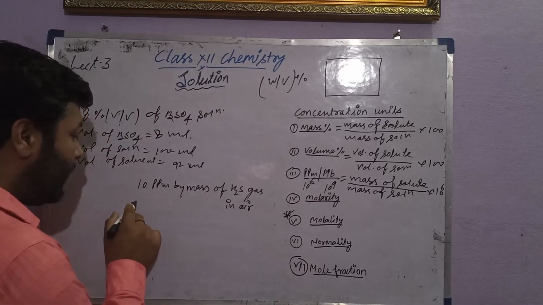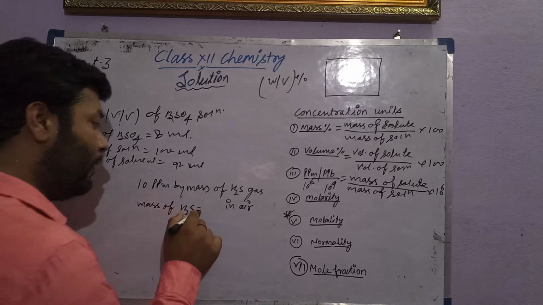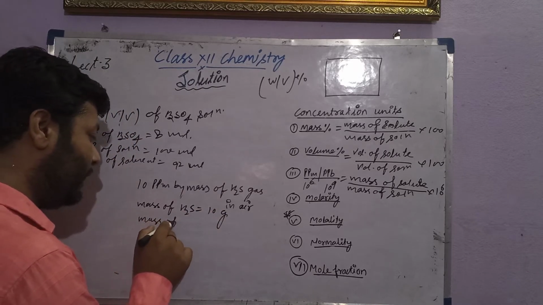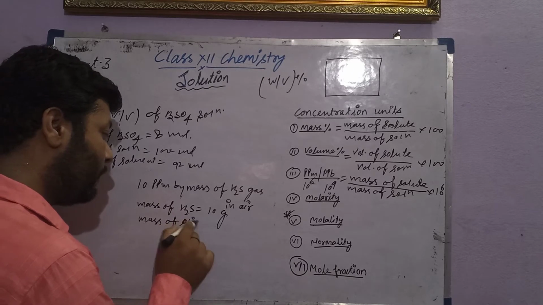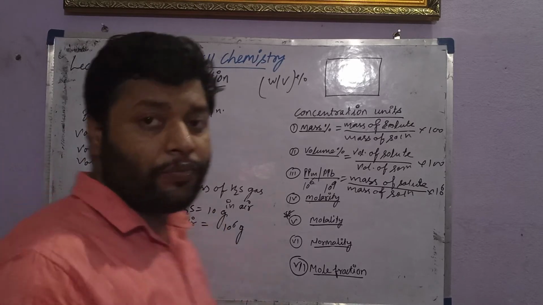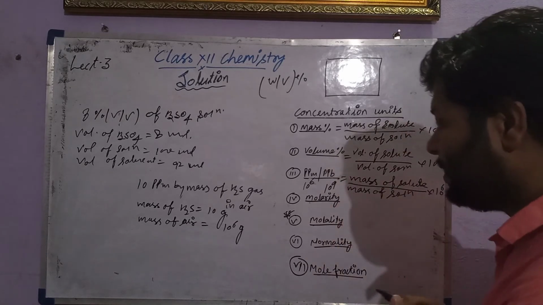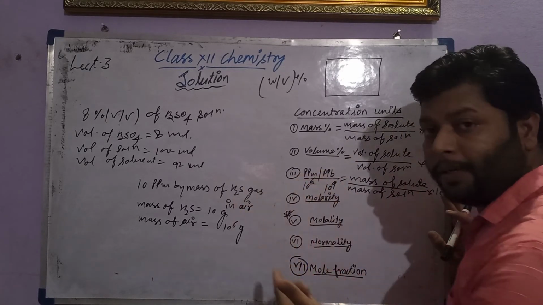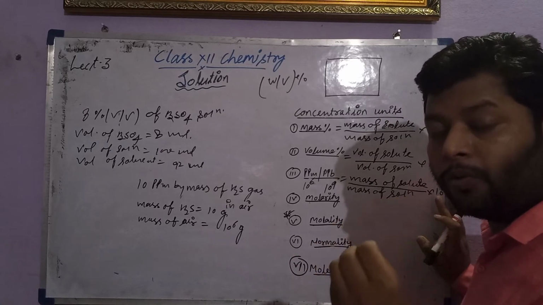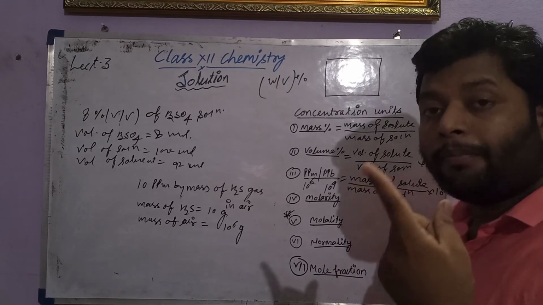So students, the mass of H2S will be 10 gram, and mass of air, which is actually solution, will be 10 to the power 6 gram. That is the difference between mass percentage and ppm. So you can see whenever there is written ppm, which actually indicating what is the part, what is the mass, what is the volume of a solute out of 1 million mass of solution,